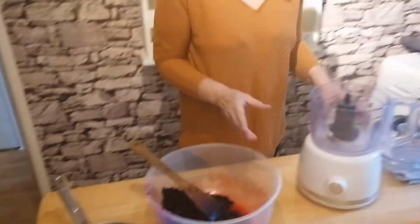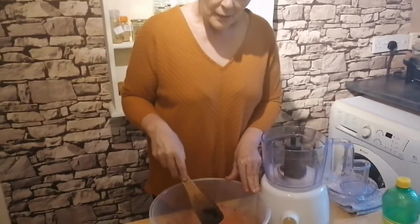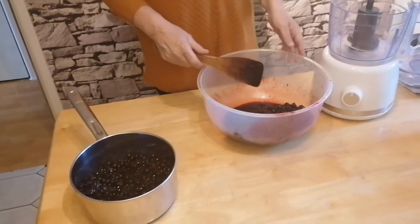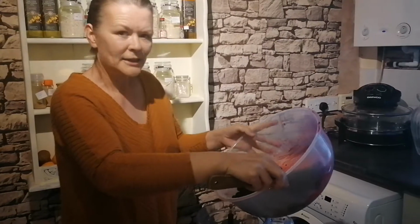So I'm going to start off by blending the blackcurrants. You can actually do this 2 ways. You can take a spatula or a pummel or anything you like and squash all of the fruit yourself, drain the pulp off and just use the actual juice. Those are called jellies, pretty much like a jam, but there's no lumps in them, and some people prefer it like that. I like to get the full nutrients of the whole of the skin, the pulp and everything that's in the blackcurrant, and the best way to do that is literally put it all in the blender, which I'm about to do. Hopefully I don't get it all over me